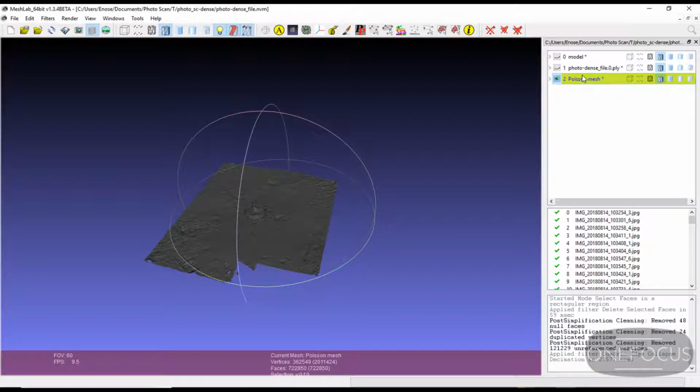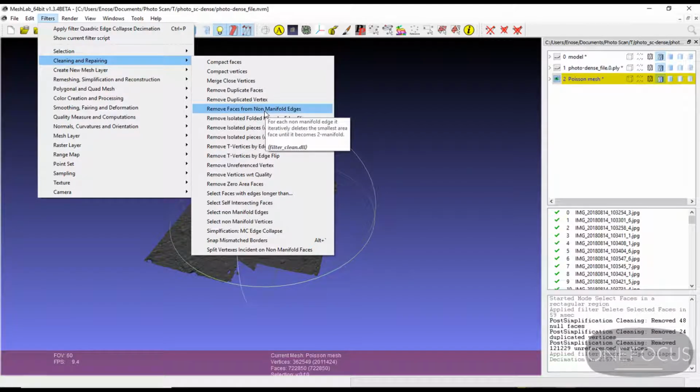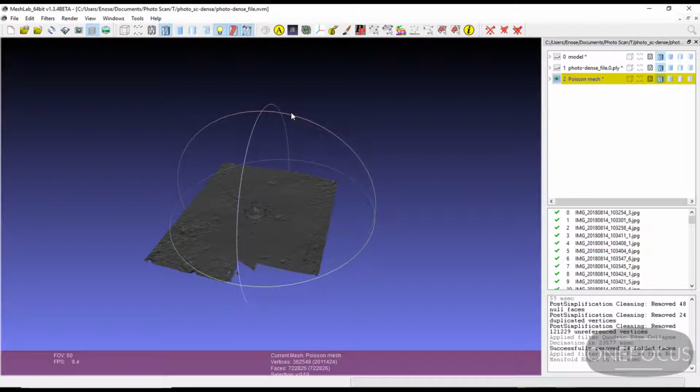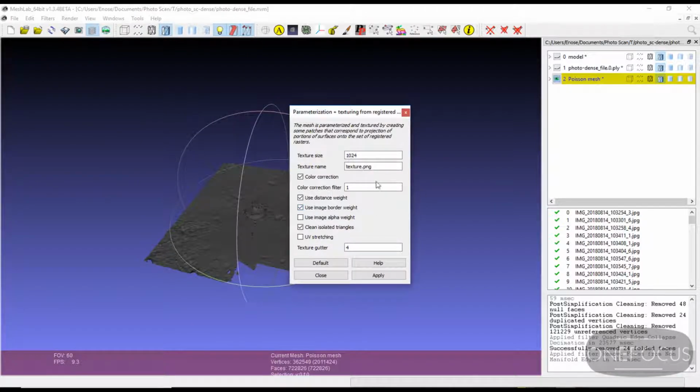Now we are going to simplify or clean up rather the polygons because we don't want the textures to become awkward and weird when we actually add textures. And after we do that, we're just going to go to filters and texture, and we're going to click the one that has the plus texturing from registered rasters. We're going to click that, and we are going to increase the size to about 8,000 to increase resolution of the texture and change the name to something familiar. Okay, and we're done. Click apply,